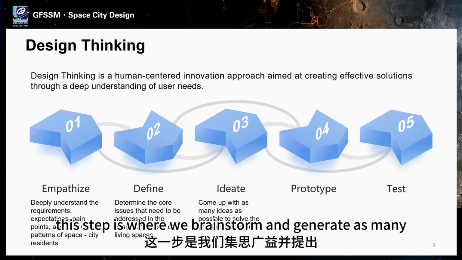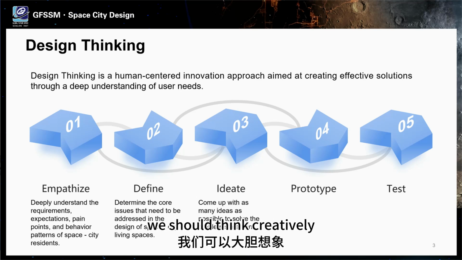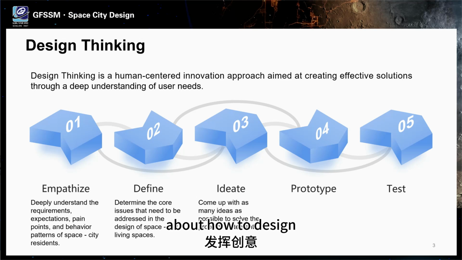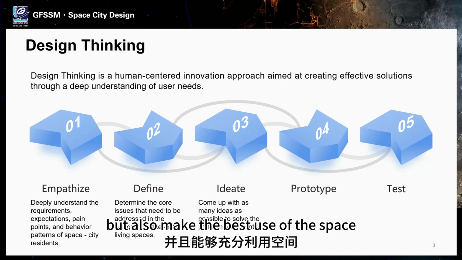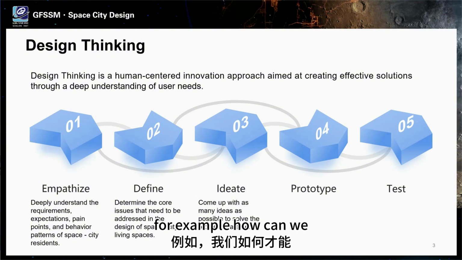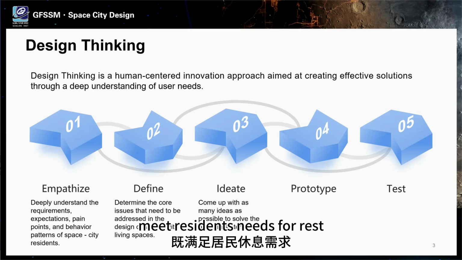Ideate. This step is where we brainstorm and generate as many ideas as possible to solve the identified problems. We should think creatively about how to design living units that are not only comfortable, but also make the best use of the space. For example, how can we ensure that the living spaces meet residents' needs for rest, work,